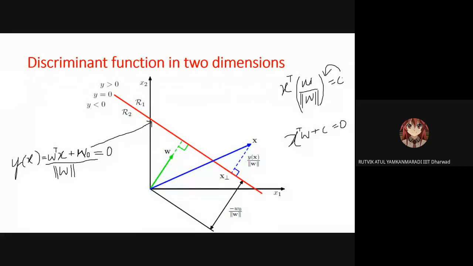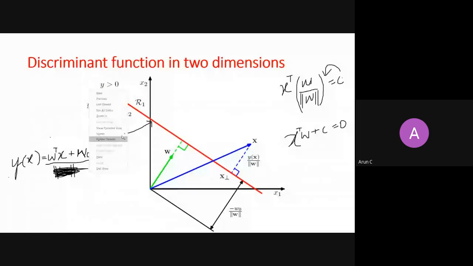You remember W naught is a scaled version. If my W is not normalized, then W naught is a scaled version, right? I need to normalize it. So just to normalize it, I need to divide my W transpose x plus W0